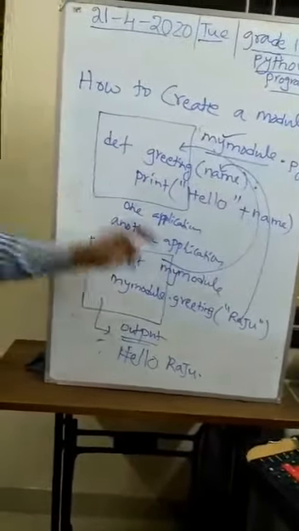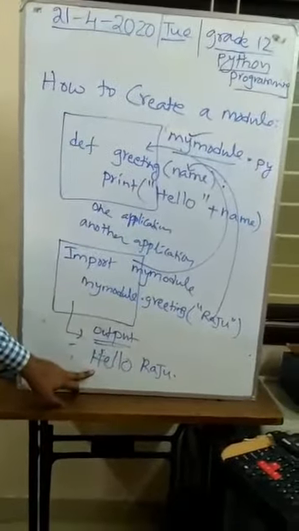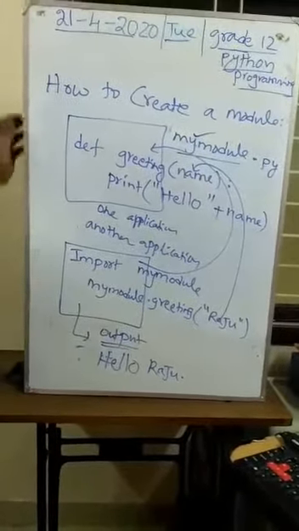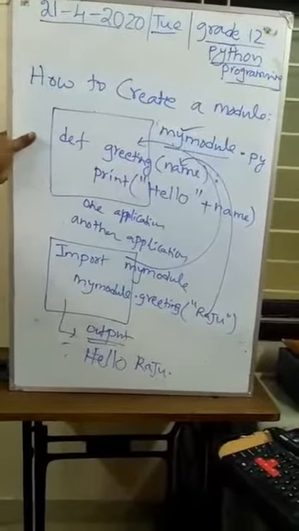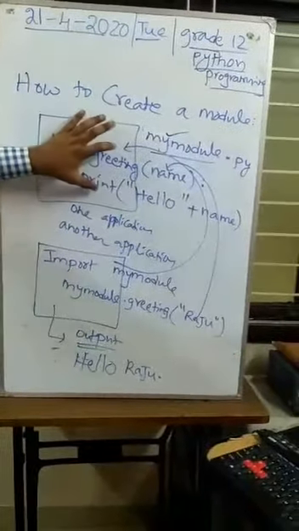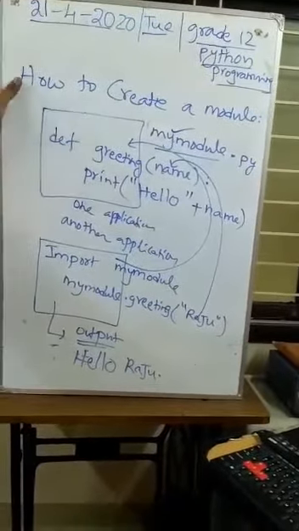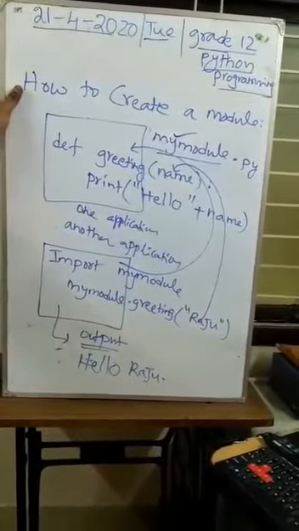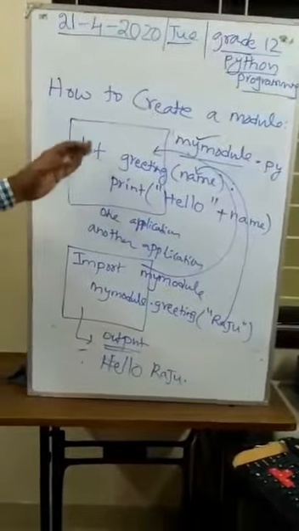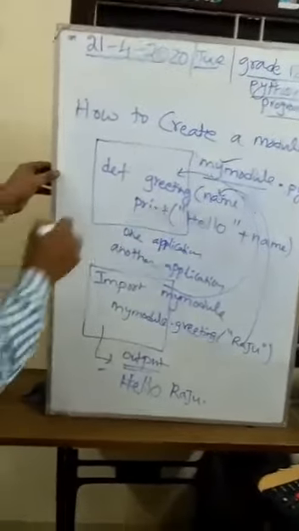For example, I am writing here Sita. Then the output of this program is hello Sita. So in this way we create modules with the extension py. So a module is an individual software, a part of the software. In this we are writing a number of functions. Then we see how to